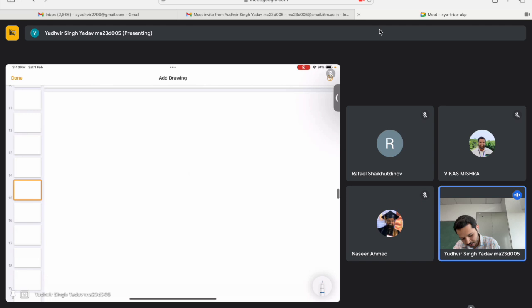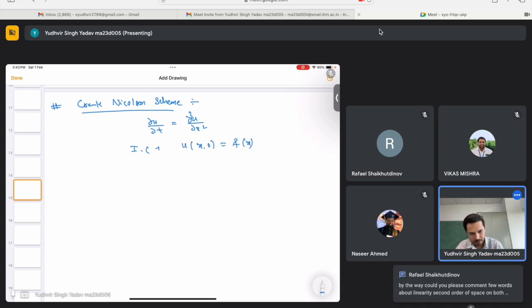The next scheme is the Crank-Nicolson scheme. Here we have the heat equation del u by del t equals del 2 u by del x square. This one is of more importance than the previous ones. So here the initial condition is, say, some function, and the boundary condition is